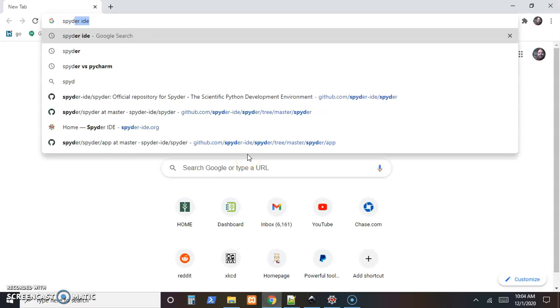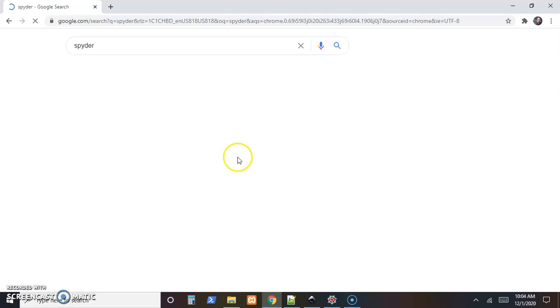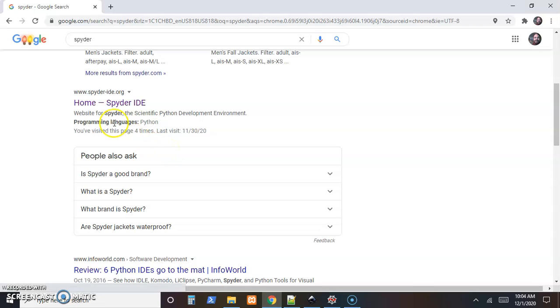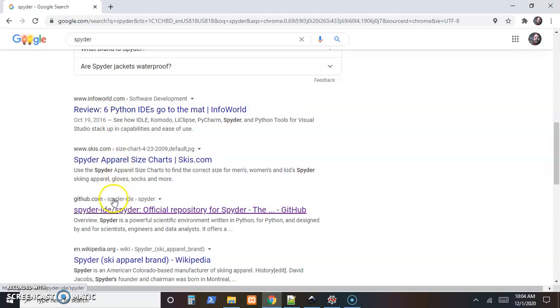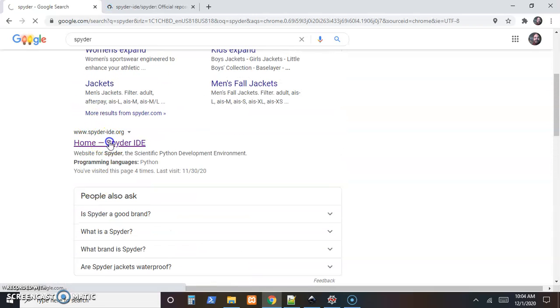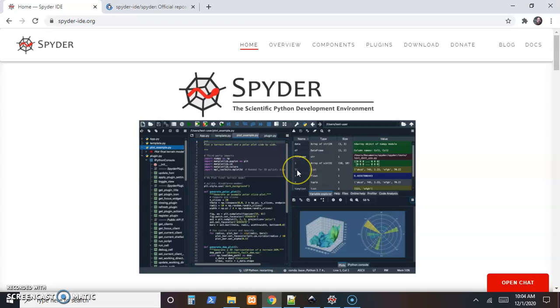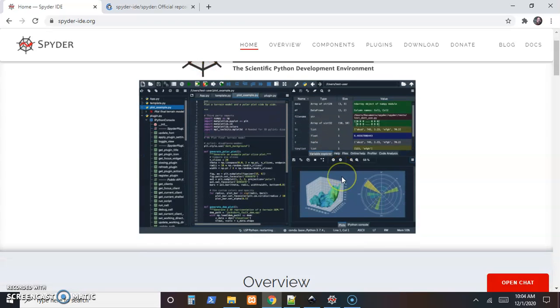In particular, I was going to come over here. We search for Spyder. Well, there's some sports gear, but then right below that you should see Spyder IDE. And just a couple links down is the Spyder GitHub. I'm going to open that in a new tab, and then we'll go over that in a second. But like most Python stuff, it's just the name .org, spyder-ide.org. Scientific development environment,